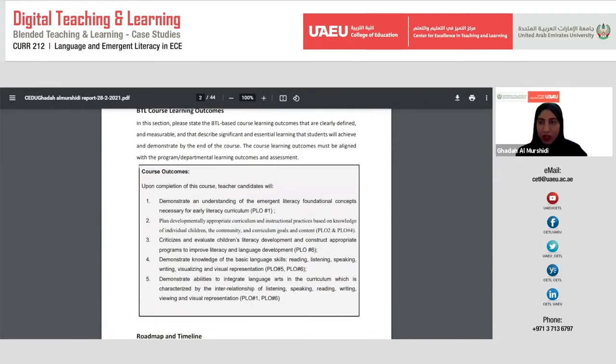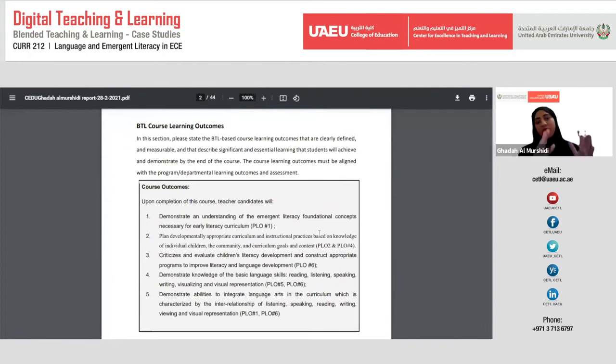This course has 5 learning outcomes, and they are also connected with the program learning outcomes. Through the course, the students will try to understand some concepts about the emergent literacy foundation. They will plan some practices and curriculum for children's literacy. They will try to